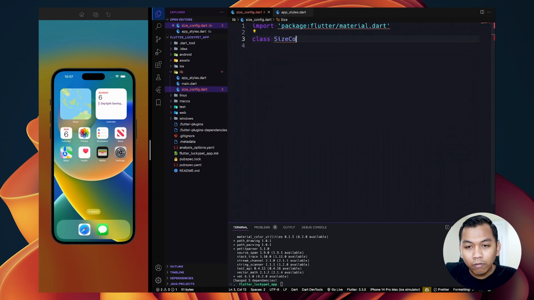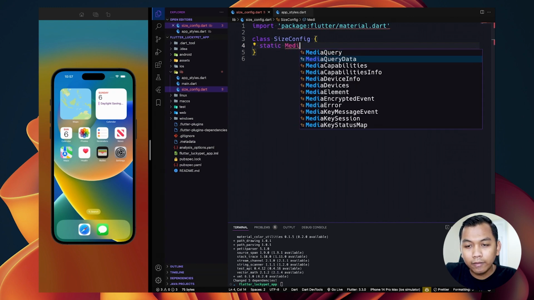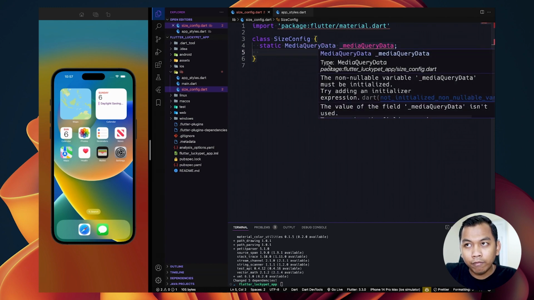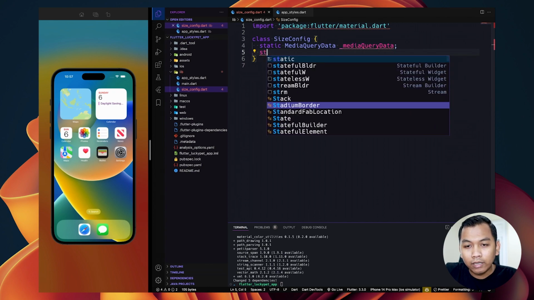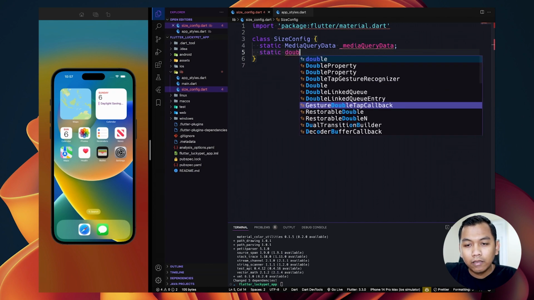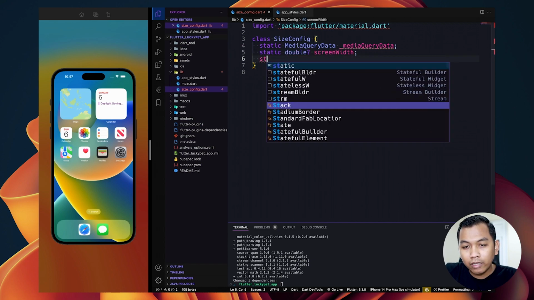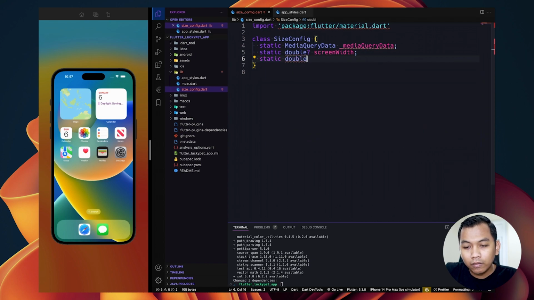And let's create a class SizeConfig that contains static variables, such as MediaQueryData. Name it _mediaQueryData and give an underscore to make it private. And the next one is screenWidth, and again screenHeight.